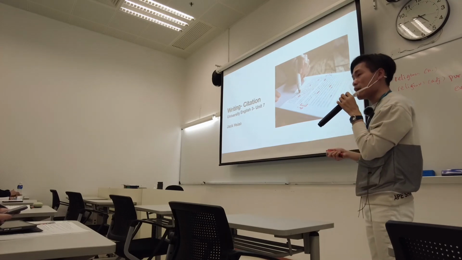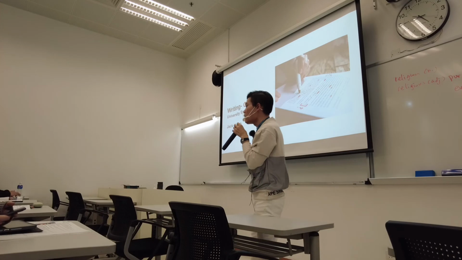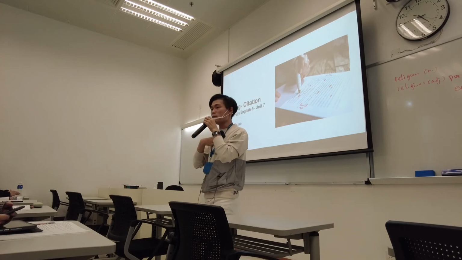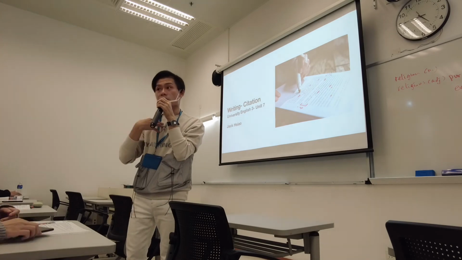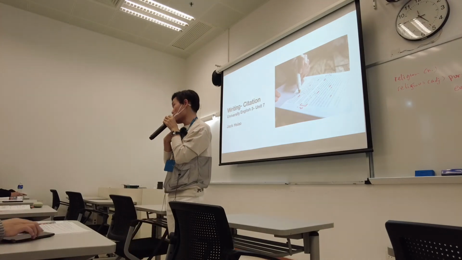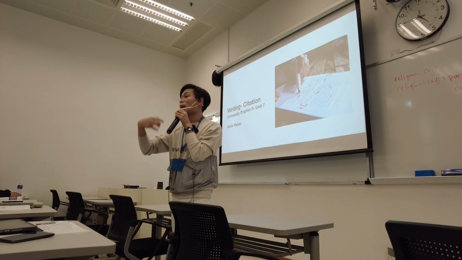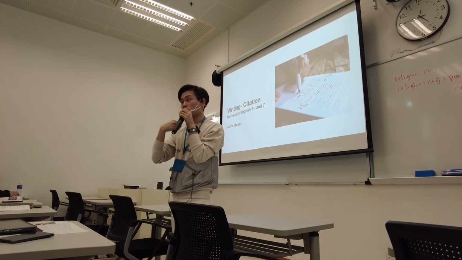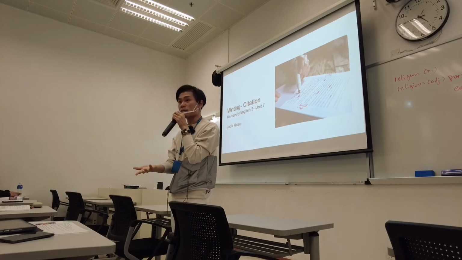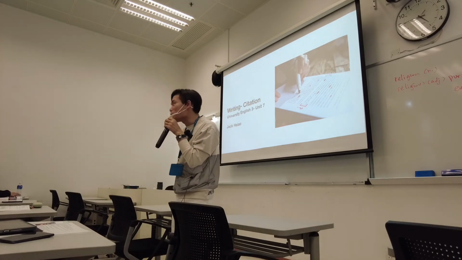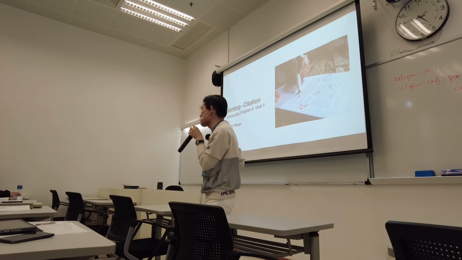So what is citation? Citation means, for example, in my research, I found out something from Murphy that's very good, and I want to use it in my paper. Okay, so I have to reference her knowledge. Then I have to mention her name. But why do we need to mention that person's name?